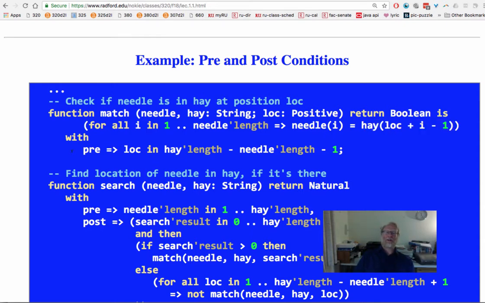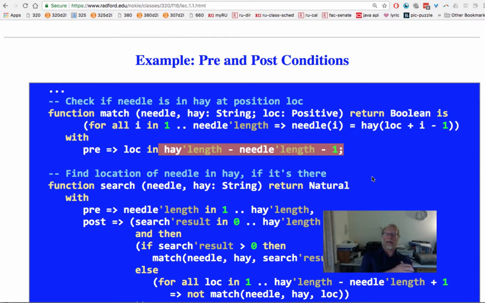With, and here's a precondition, that loc that you're looking for had better be a number that is between 0 and this thing here: hay length minus needle length minus 1. Okay? If loc is bigger than that,